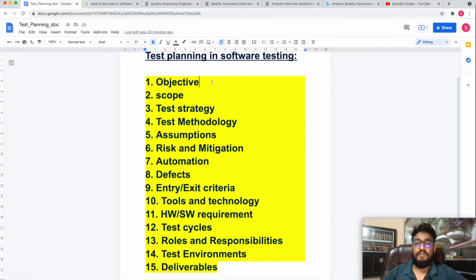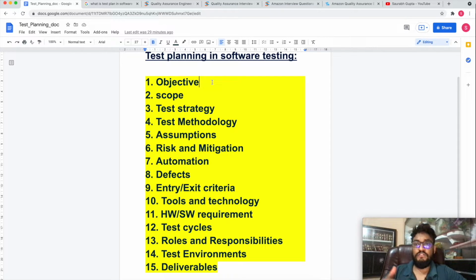The seventh point is very important: automation. Depending on your scenario, you decide whether you want to go for automation for this particular test plan or not. As I discussed earlier, if it is a new functionality, then we can say we do not want to do automation and it is out of scope, and we mention that as a point. In automation we mention what kind of framework we will be using.